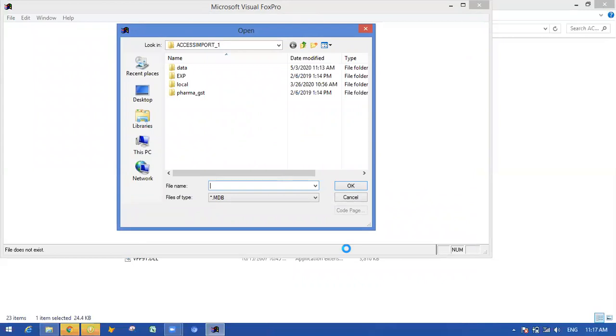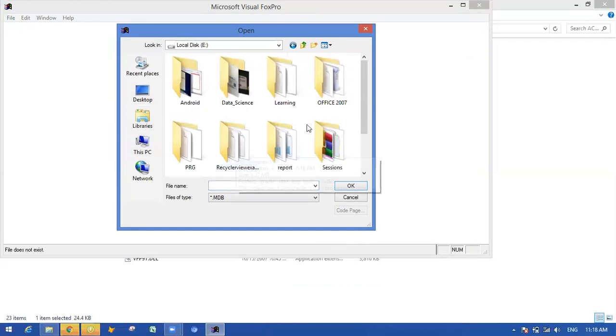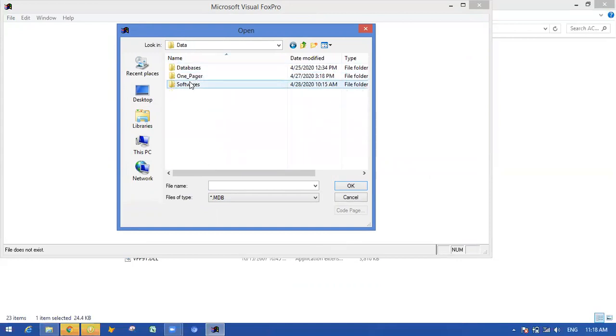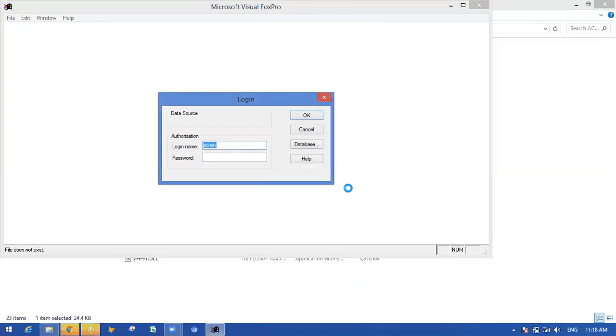then you will find again one window where it is asking for the file. Which file? The .mdb file. So we have to select again the .mdb file which was selected earlier. Databases access, medi.mdb. I have selected this file and we have to click on OK now. Once you click on OK, then you will find a login screen. The login screen is there because this is password protected.